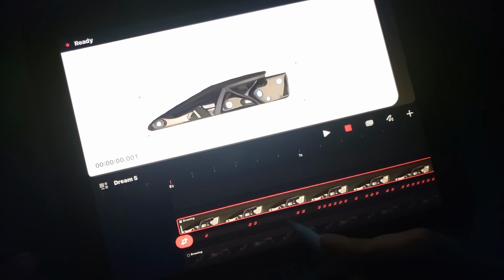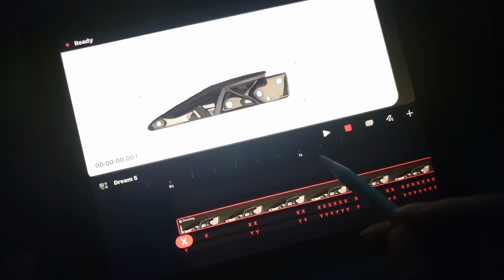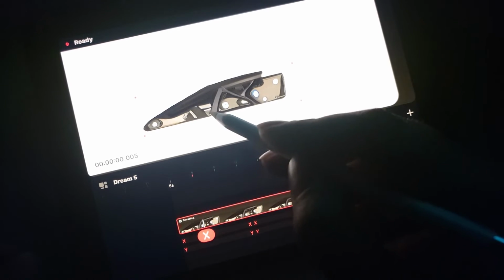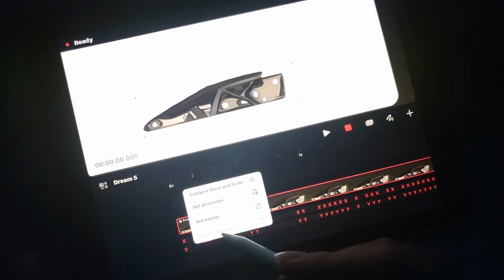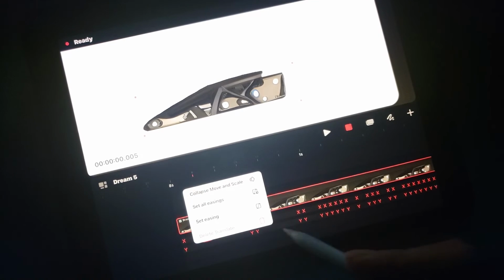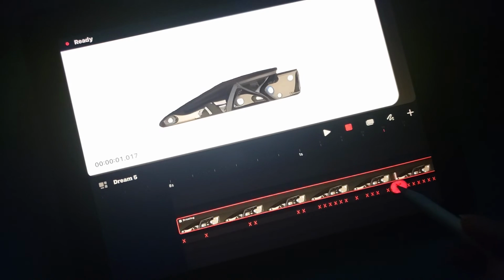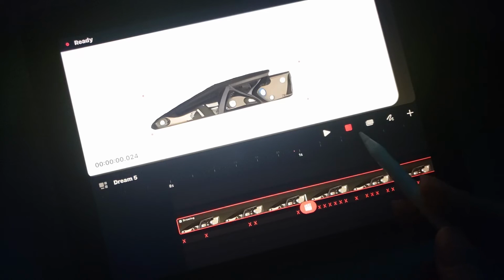And this is exactly where you click and hold, go to expand, move, and scale. And then finally, you want to have that movement on the X, but not the Y. Click and hold, delete, translate, meaning that it's going to be deleting that specific translation which is on the Y. So now this is the only movement you have, and that is going to make the perform mode a lot more usable, because you may be thinking, okay, apparently the performance is fantastic, it would record in real time,